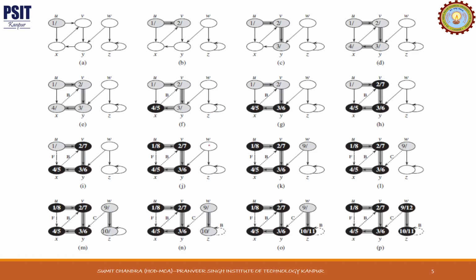Now we'll choose this as a source vertex. So new time is 9 here, and color will become gray. From here I can go to Z, so it's 10, color becomes gray. From Z we cannot go anywhere, so this is a cross edge because it has no relationship in the path. Now we are done with Z, so finish time 11, and since a self loop is considered a backward edge, and finally we go here, finish time 12. So this is how step by step you can solve.